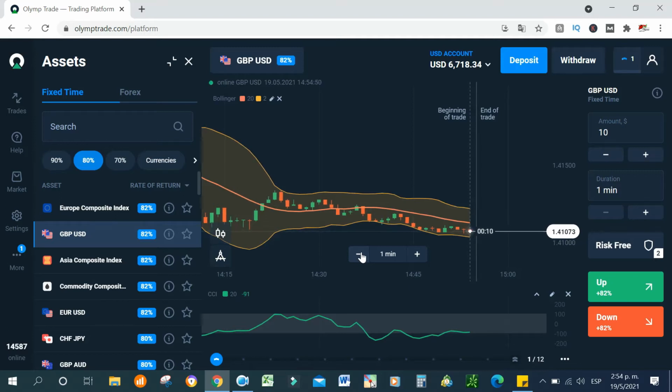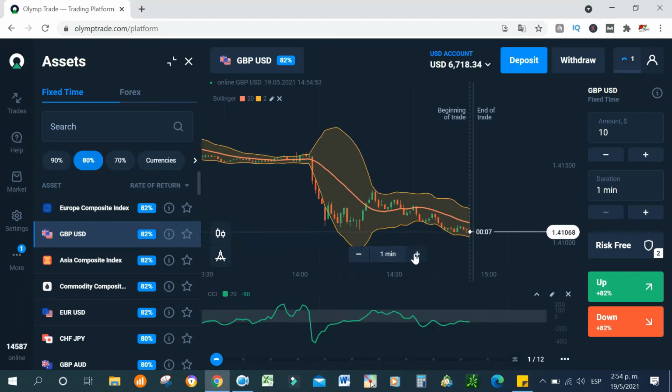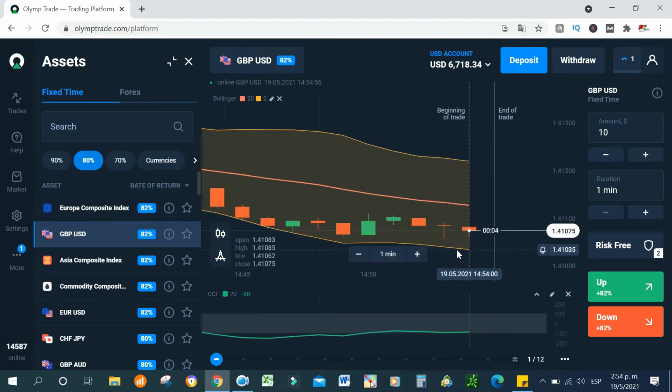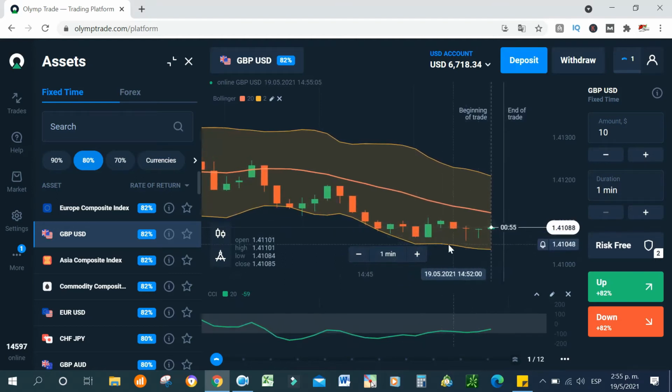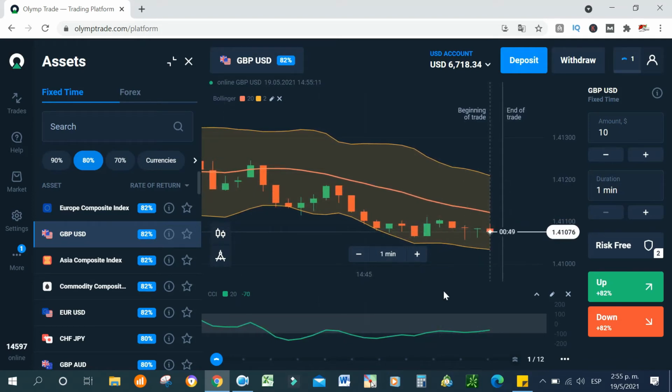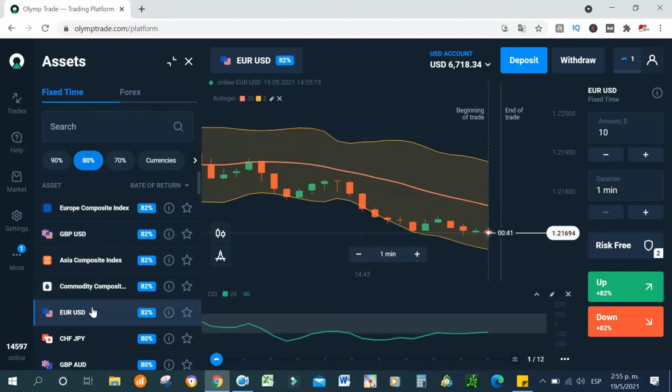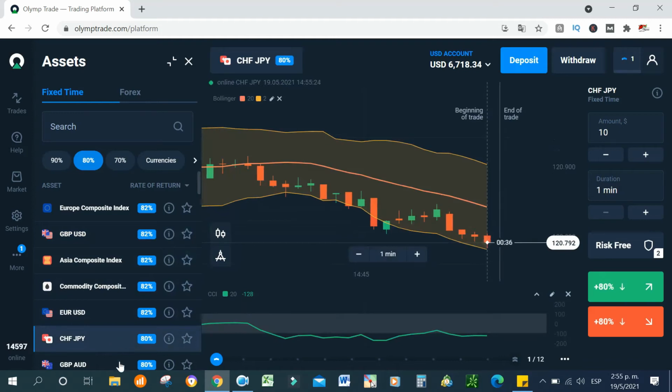So now let's wait to see if the market touches this level. It's being rejected just right here. It's been very rejected with these two candlesticks, but I think we can still have an opportunity. Let me see another pair. In the meantime, let me check this one. Yeah, I think